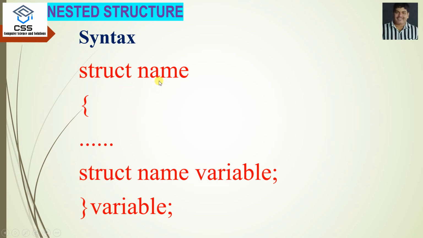Means before going to this structure, the parent structure, the outer structure, we have to take its variable help followed by the inner structure variable. Again I am repeating, suppose this is the main structure and this is the child structure's variable which is declared within the main structure. Without taking the parent structure or main structure variable, we cannot interact with the internal structure variable. Means first of all we have to take the help of a main structure variable followed by the inner